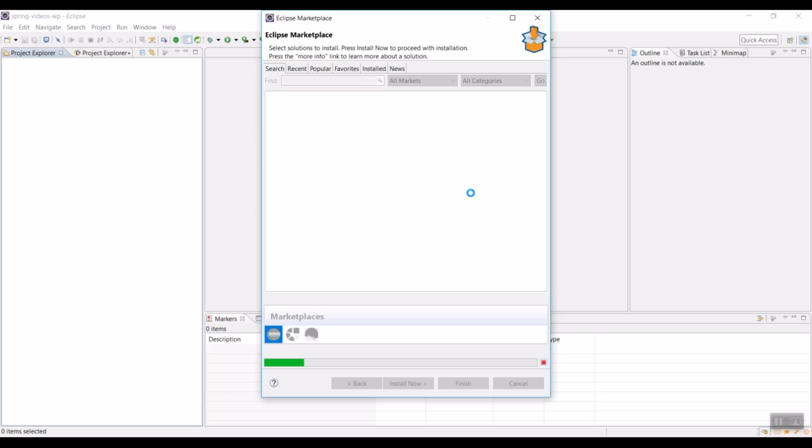So what you need to do, once the search window is enabled, is type in STS,